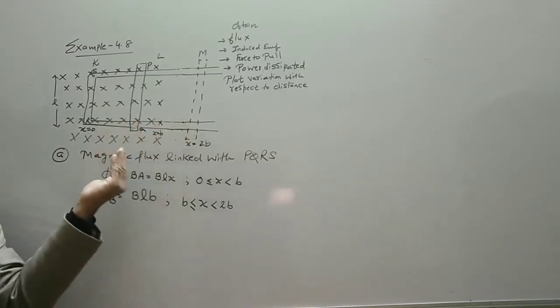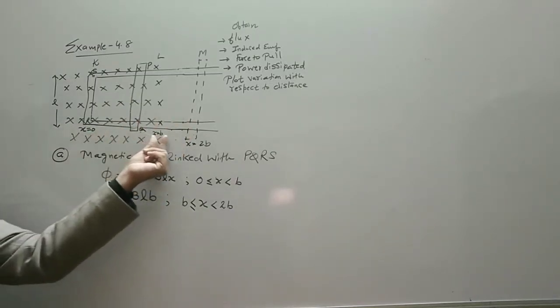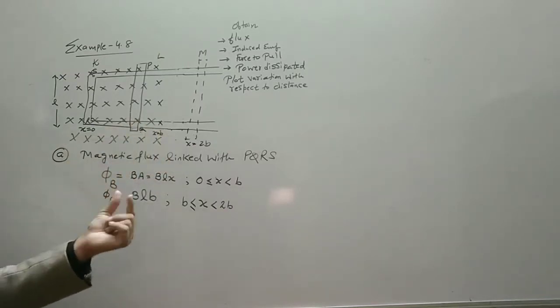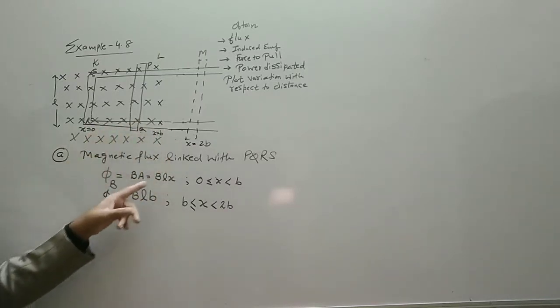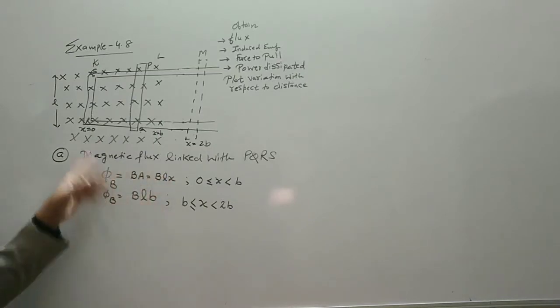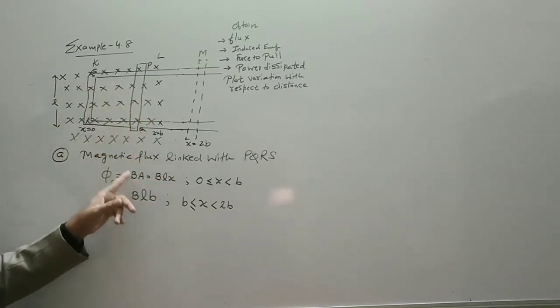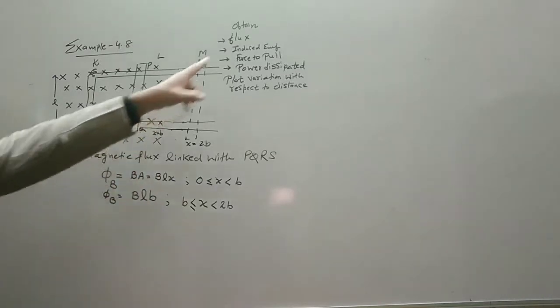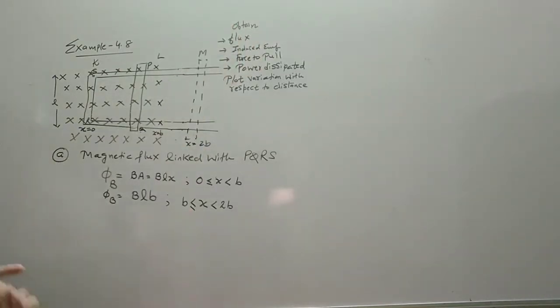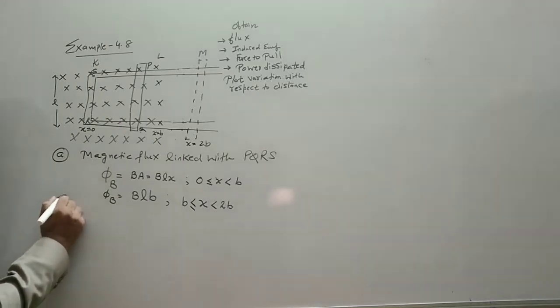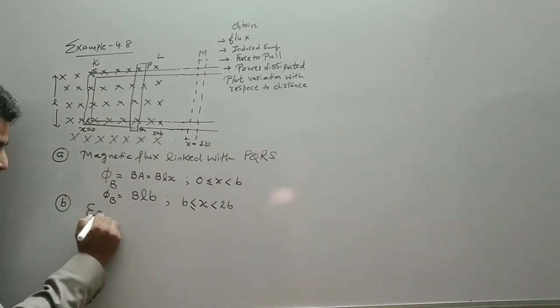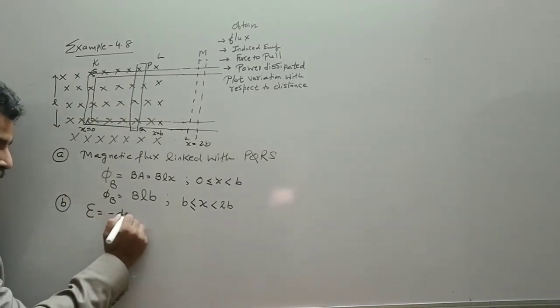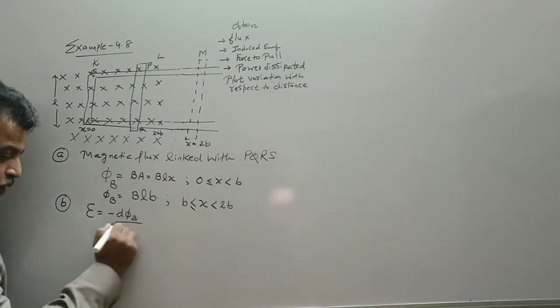But below 5 meter, we are taking an example where b is assumed to be 5 meter. Below 5 meter, x is variable, so the magnetic flux will increase because the area in the magnetic field is increasing. The length is constant. So this is the expression for the flux. First. Second, we have to apply Faraday's law. Now EMF induced is equal to minus d phi by dt.